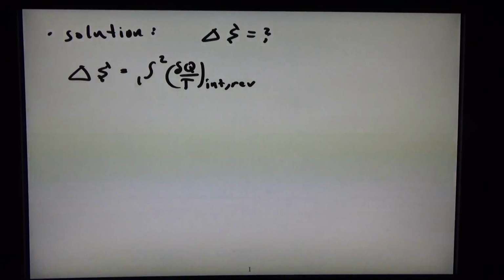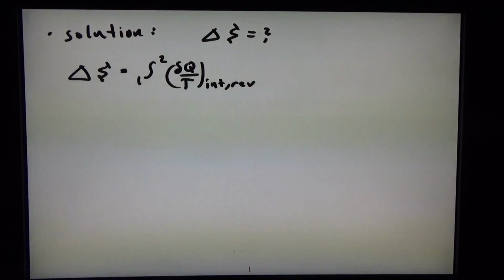The only time that we would use this specific equation to solve for the entropy change is if we have what we know is an internally reversible process, and we also have a known relationship between the heat transfer and temperature. So this actually turns out to be one of those rare cases where we can use this equation,